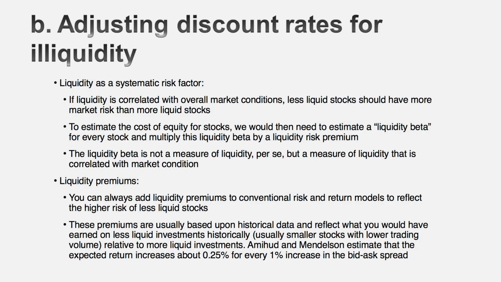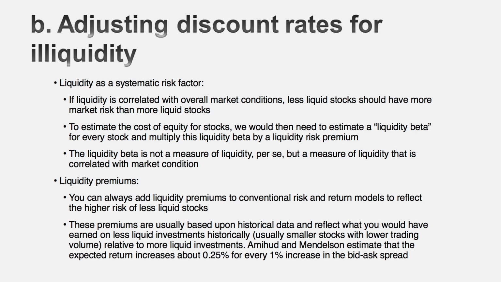You could also try to adjust the discount rate for liquidity. And here again, there are two ways you can do it. One is you can try to bring it into your required rate of return model. Remember we talked about expected return, we came up with a risk-free rate, and we used a beta to measure relative risk, and an equity risk premium to capture the risk of the average risk investment. You could add a second element to that expected return, where you have a liquidity premium and a measure of how illiquid or liquid your company is, a measure very much like a beta, but measuring exposure to liquidity risk. You could then adjust the expected return or cost of capital for companies which are less liquid and push them up. I've seen models that do this, at least in theory. It's tough to convert into practice.